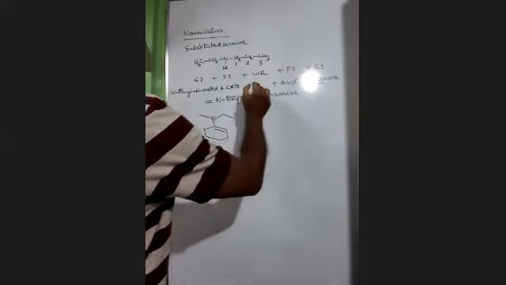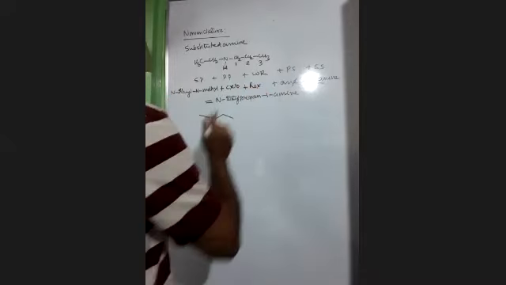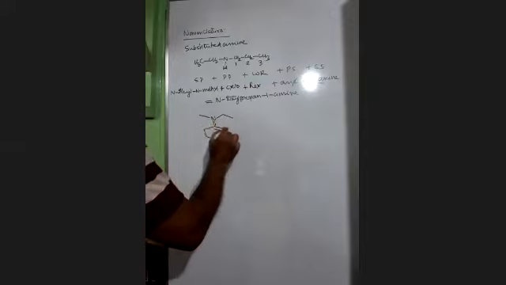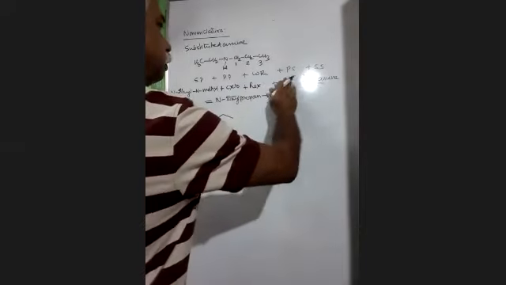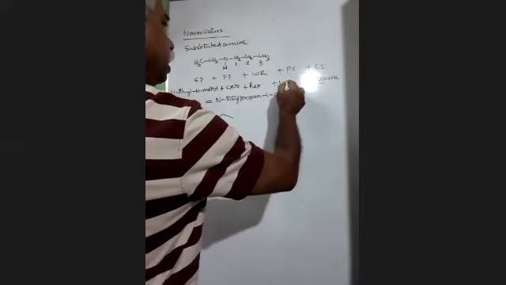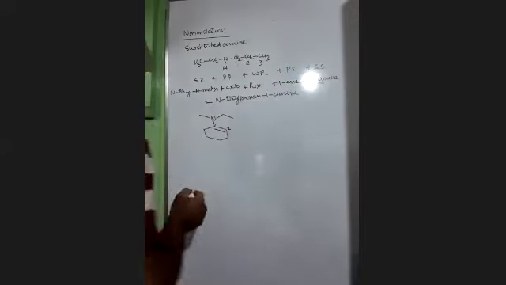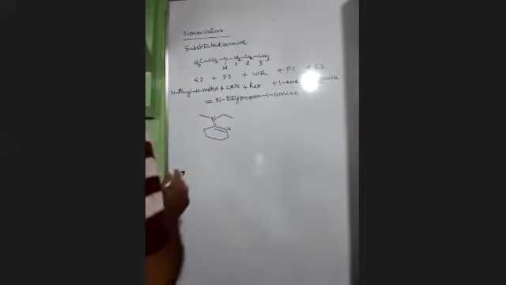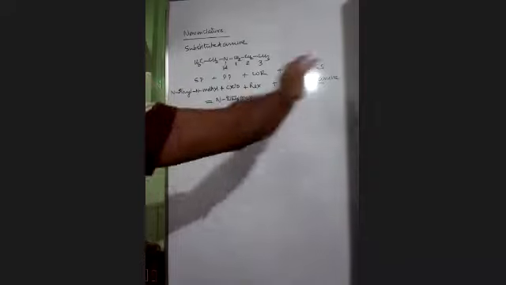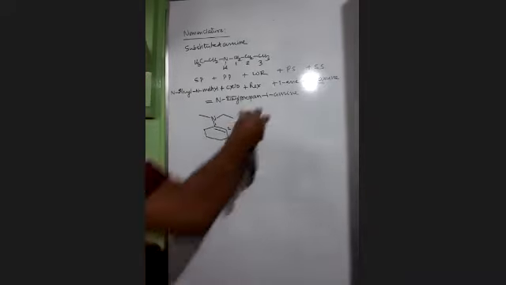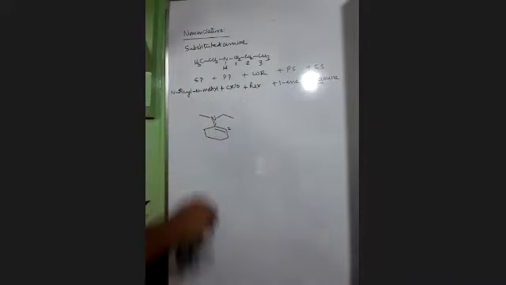6 carbons are there. Hex. Double bond. This is 1, 2. So it will be 1-ene and 1 amine. Okay? So add it and write. So in that case, it will be